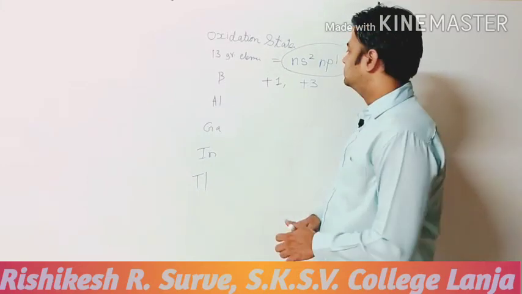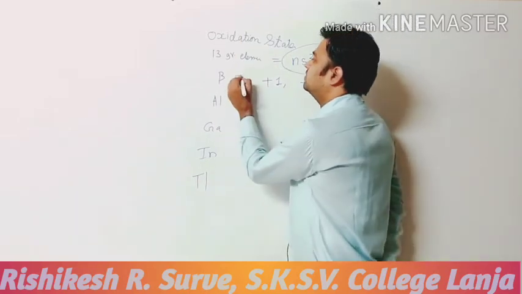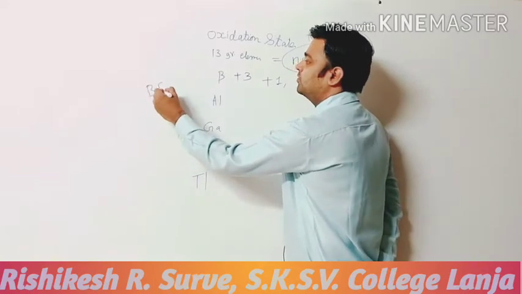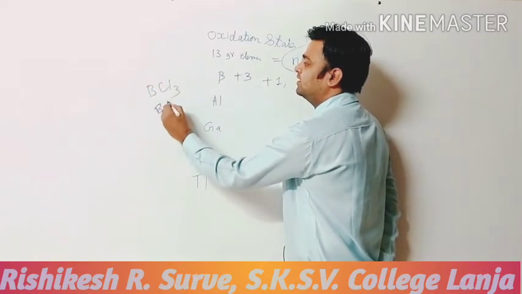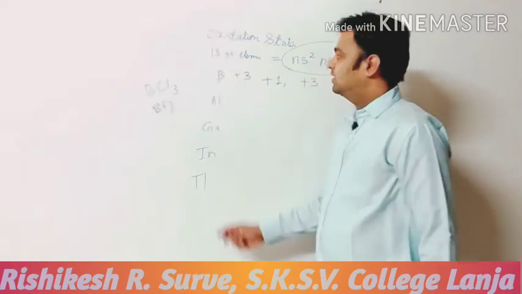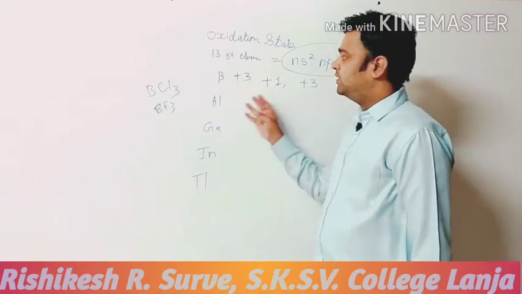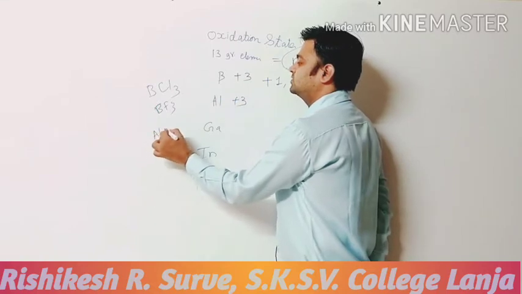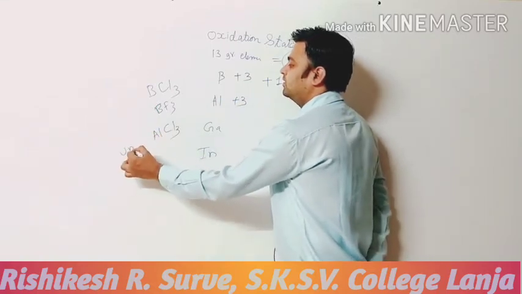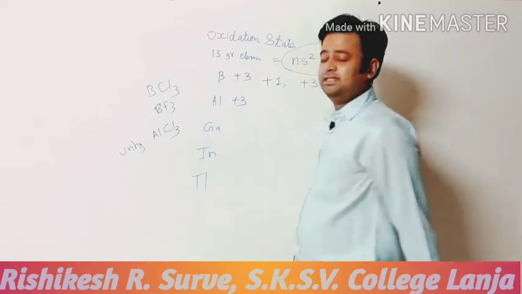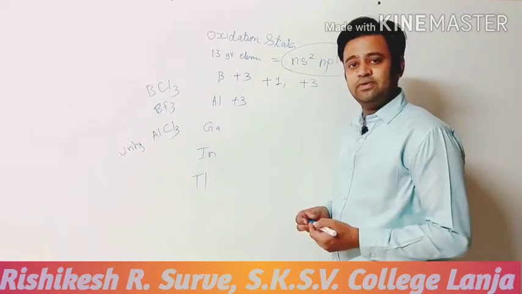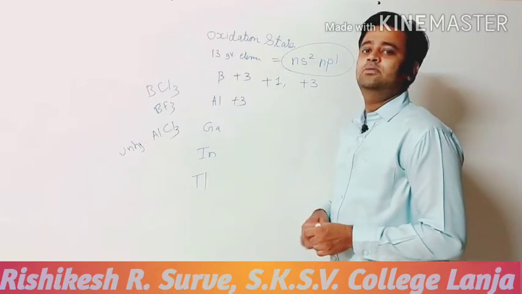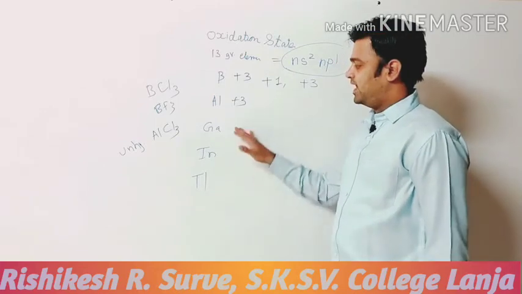Boron shows +3 oxidation state, as we know from some compounds of boron, BCl3 and BF3. We know it is in +3 oxidation state. Aluminium definitely also shows +3 oxidation state because we know one important compound, anhydrous AlCl3, used in the Friedel-Crafts reaction. Okay, now the problem is here: from gallium, indium, thallium,